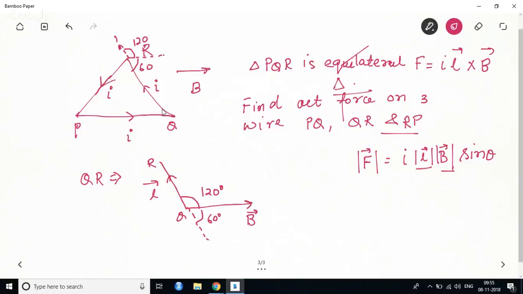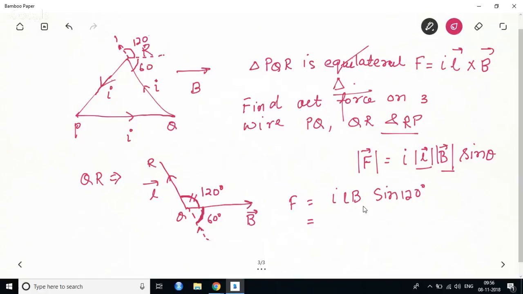So I to B would be 120 degree from this side. So F would be equal to I L B sine 120,